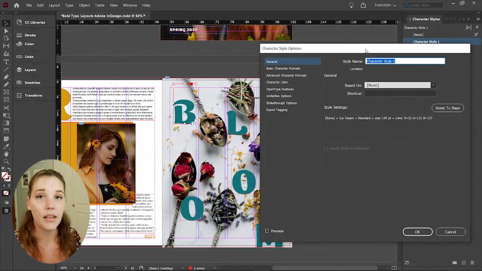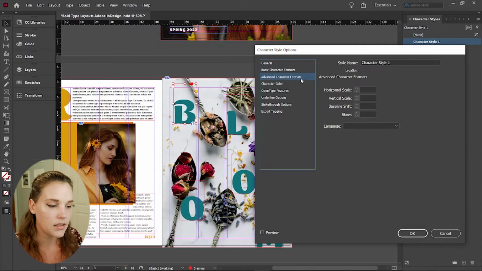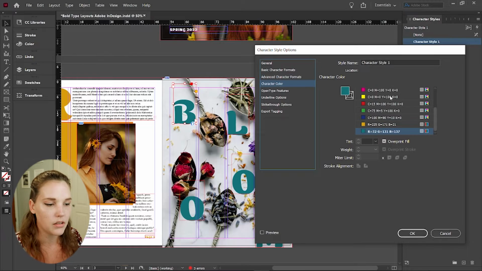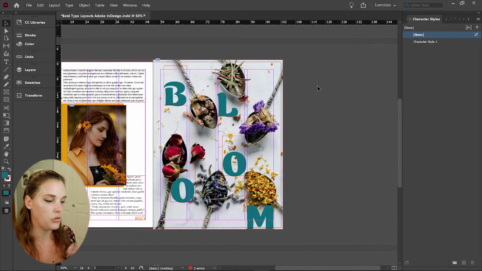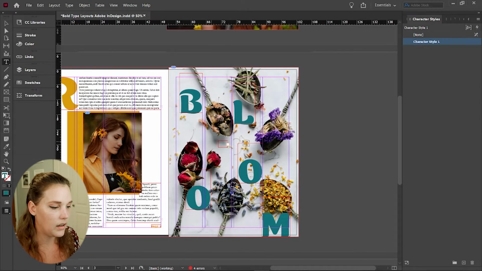and you can rename it if you want. Under basic character formats, you can choose what you want. So the font family, size of the font, even go further into this, advanced character formats, character color. So it'll set all of this. You can select OK. If I wanted to add another letter, I'll add an S, select the S, and select